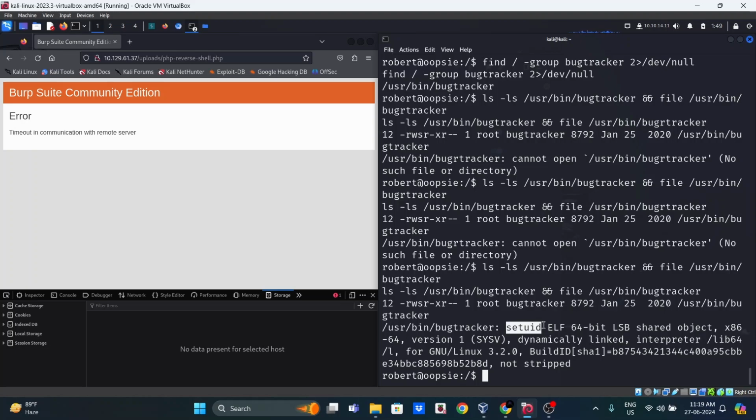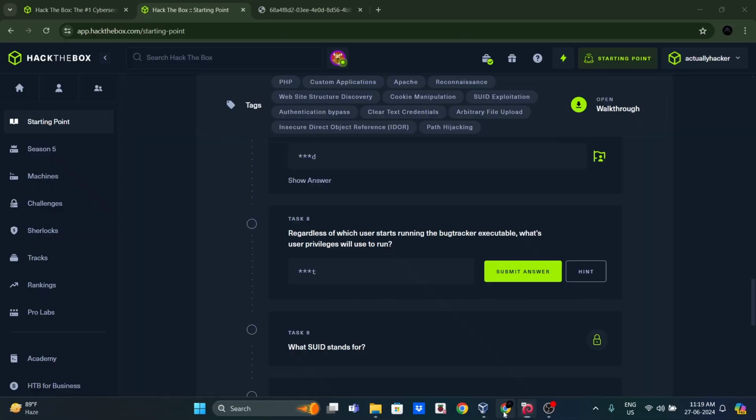The set UID or SUID is basically set owner user ID, which means that it executes as the user who owns the file, regardless of who runs the command. So in our case, if we run this command, it will be run as root and not Robert. All right, and that is what setuid is. So we find that it is root's privileges that will be used to run the file,